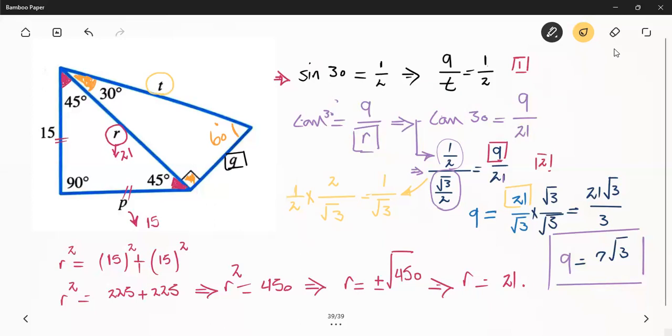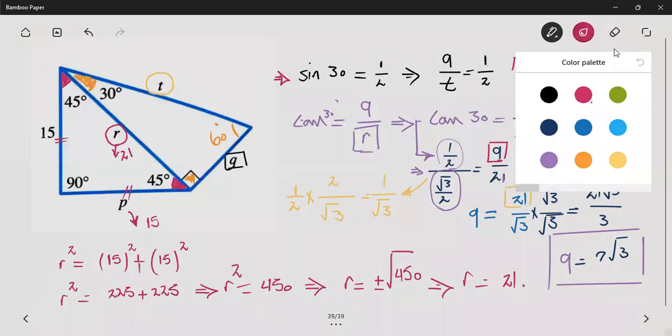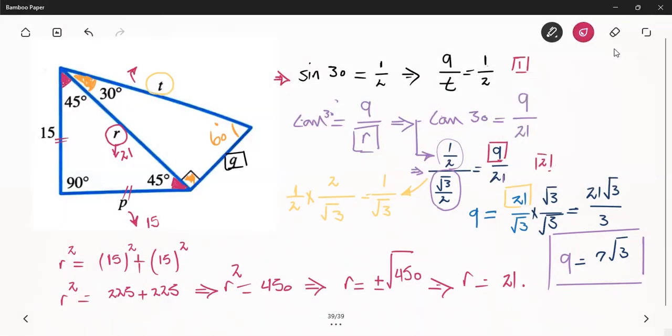Life can't be easier for the t because we have a right triangle, which says that t squared equals q squared plus r squared. Pythagorean theorem, nothing new. Then as a result, we have t equals